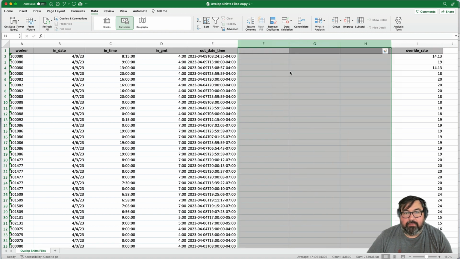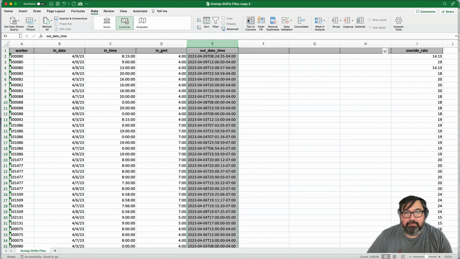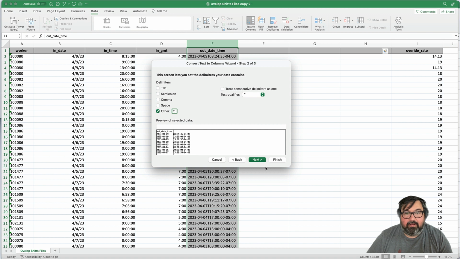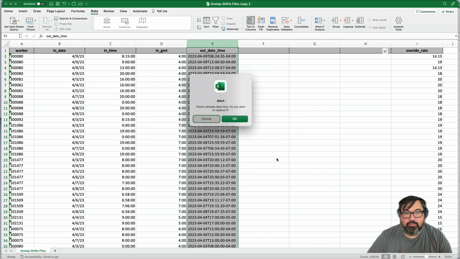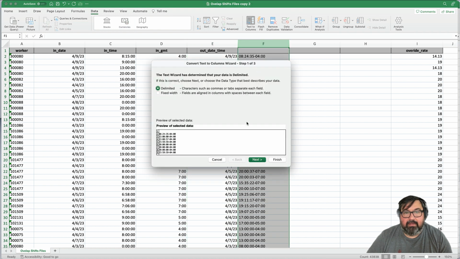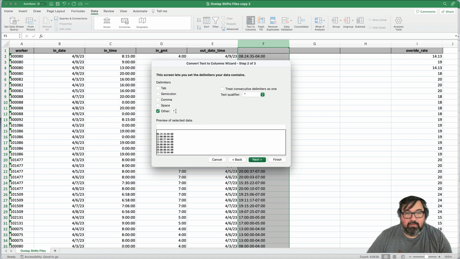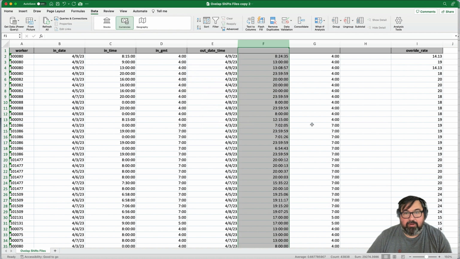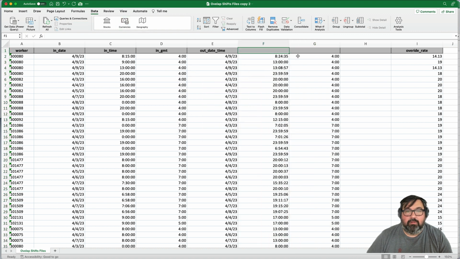So we're going to insert a few columns. Let's go through the same process. So delimited, go for T next, finish, we'll bring that over. I don't know why I'm getting that error. There's no data there. Okay, so now we have our date. Next, we need to get rid of the time zone. So we'll break it off at the hyphen. Yep, bring that over. Okay, so let's update the columns here, and I'm going to call this out date, out time,